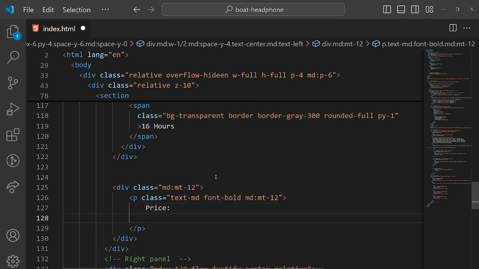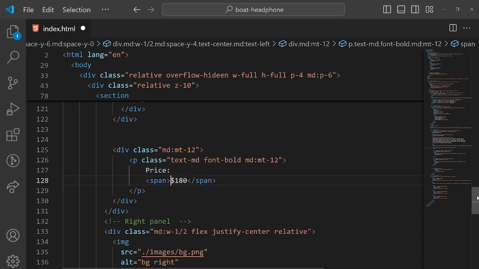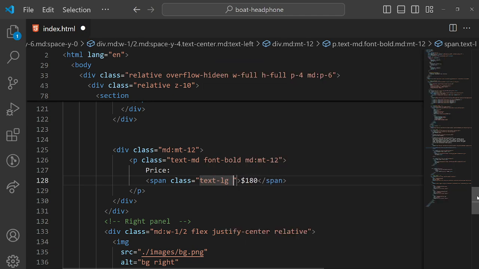Okay, so below this, need to create span tag, the text will be $180,